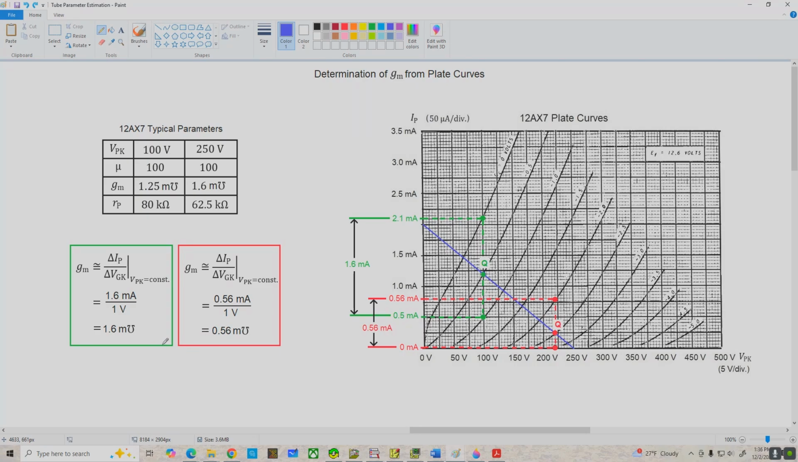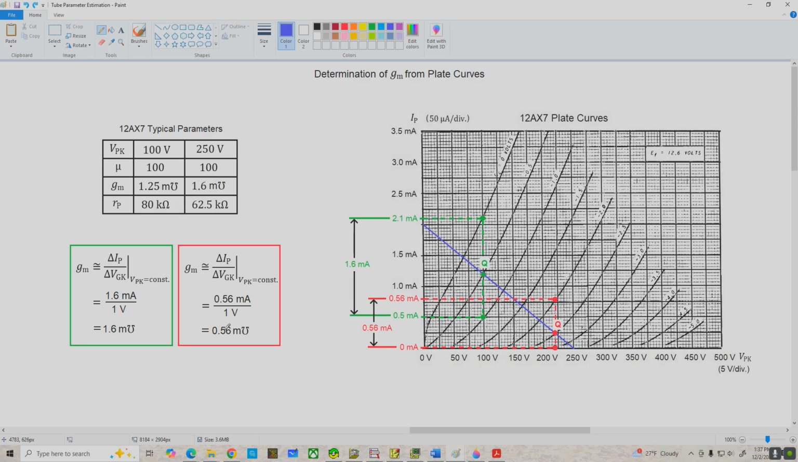Now let's compare the GM values we just figured out with the ones given in the data sheet at the same VPK values, or close VPK values. For our green Q point, we have a VPK Q of about 100 volts. And according to the data sheet, at 100 volts, we should have a GM of 1.25 millimhos. We came up with 1.6. So they're not too far off. But let's go over here and look at our red Q point, which is around 220 volts or so. And that should be close to the 250 volt value given on the data sheet, which is 1.6 millimhos, but